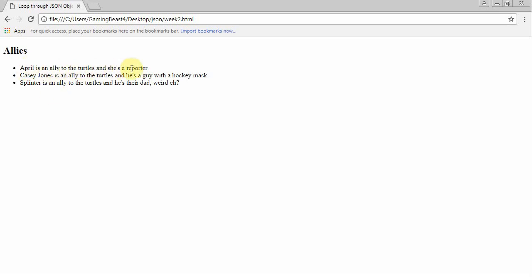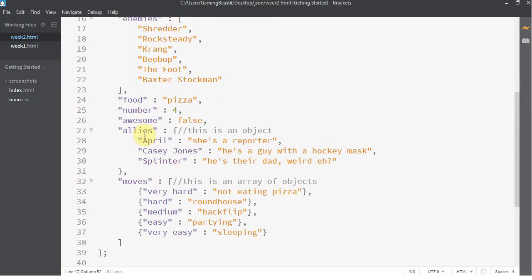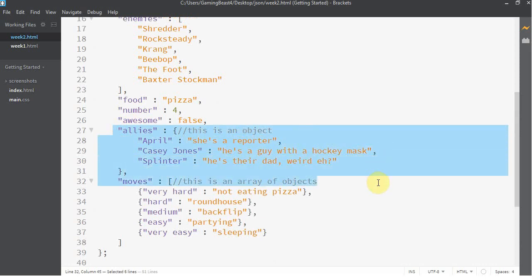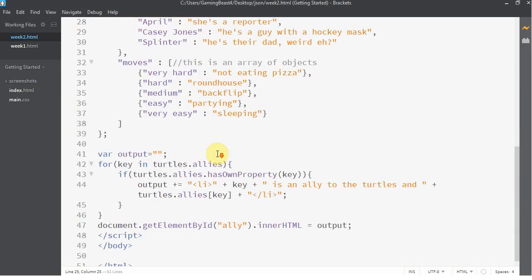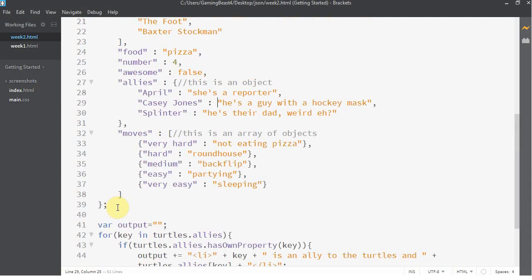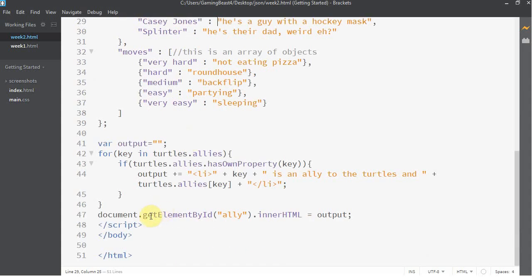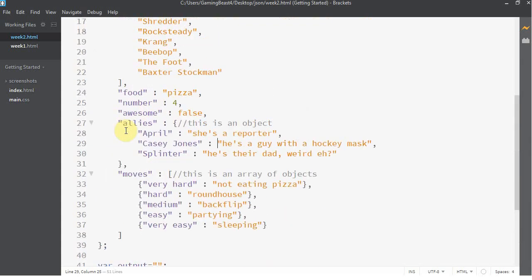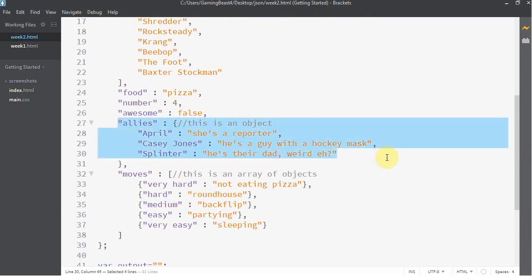So April is an ally to the turtles, and she's a reporter. Casey Jones is an ally to the turtles, and he's got the Hockey mask, and so forth. So that loop went through everything inside of the key value pairs here, went through all of these, and printed them out. And then we were able to just let the computer go through and do that. Okay? So that's how you loop through the key value pairs when you have multiple key value pairs inside of one